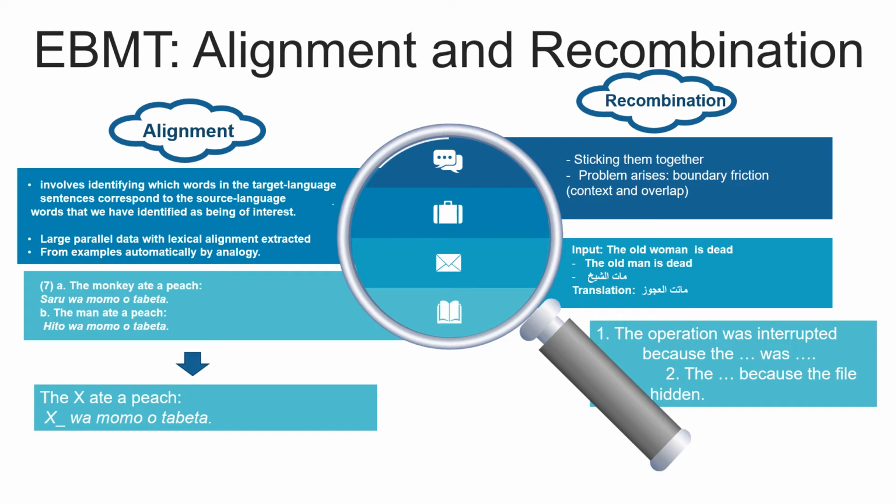However, one of the attractions of example-based machine translation is the idea that a machine translation system can be built up on the basis only of large amounts of parallel data, with lexical alignments extracted from the examples automatically